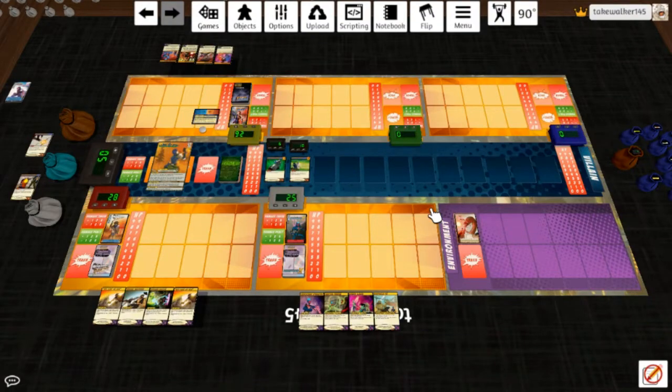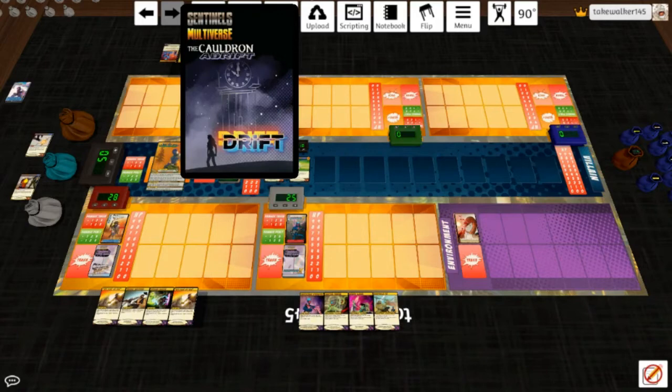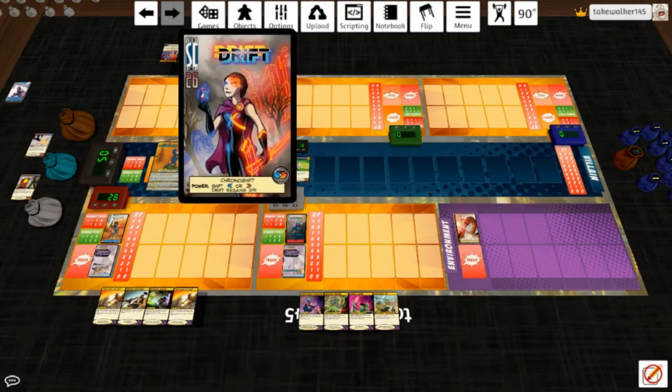It's a brand new hero from Cauldron Adrift. There's your confirmation that that's what the expansion is called. And her name is Drift. Yes, she's a brand new hero with time control powers and...